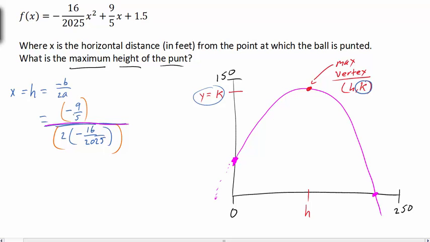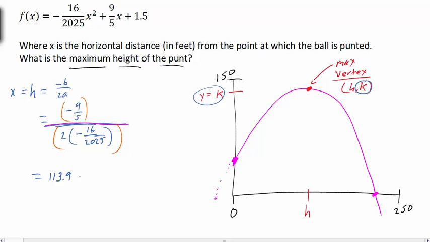That way we're dividing the negative 9/5, this value, by the entire value on the bottom. So make sure you put the entire numerator in parentheses and the entire denominator. If you do that, then we should come up with a value that is equal to approximately